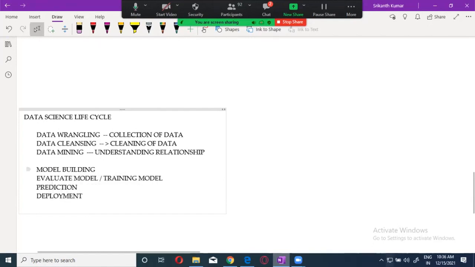See, model building is, again, the term model is nothing but a program, a simple program. Usually, when we write a program in Java or C++ or Python, whatever it is, we write the program based on the task. Usually we will write the program based on the task. But what we are going to do over here is write the program based on a formula. What formula is this? This is a maths or stats formula.